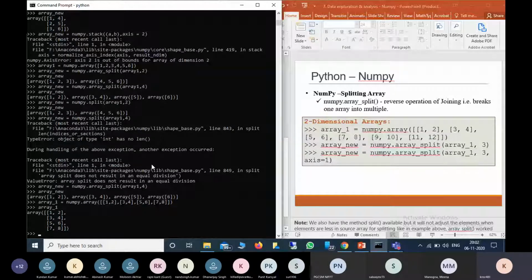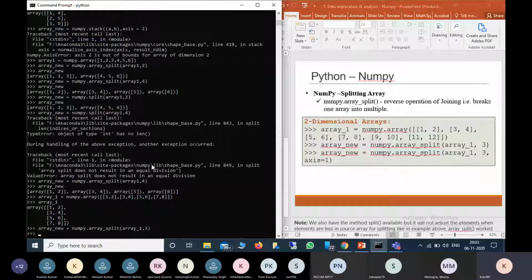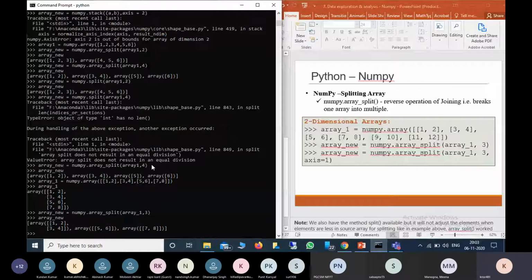Now what we can do is divide that one into 3, for example. So array_new equal to numpy.array_split(array1, 3). Here it is trying to divide into 3 parts exactly, based upon size.